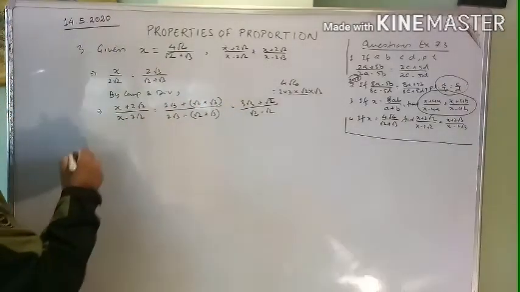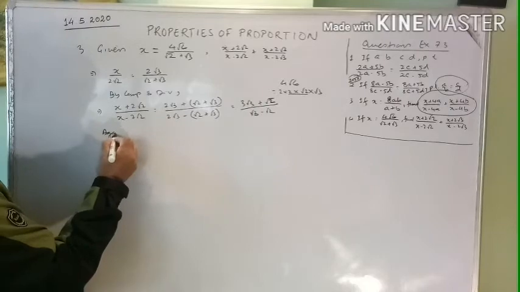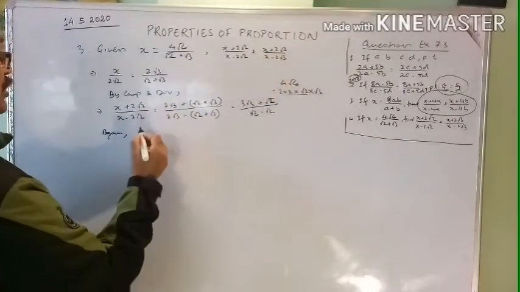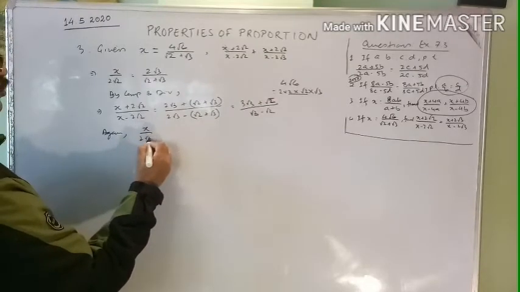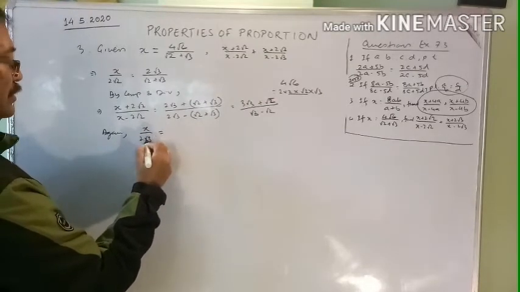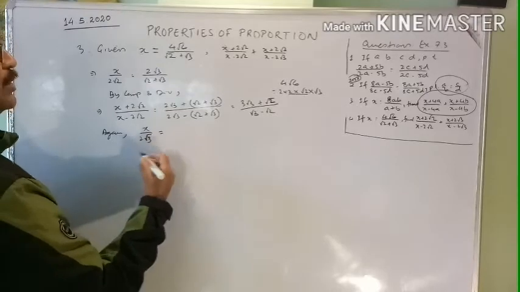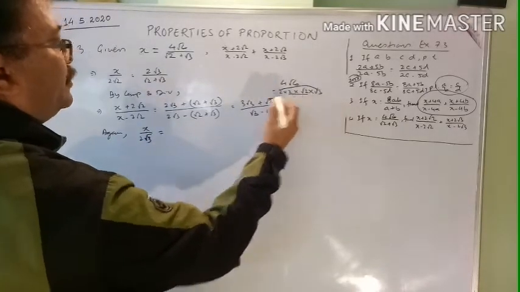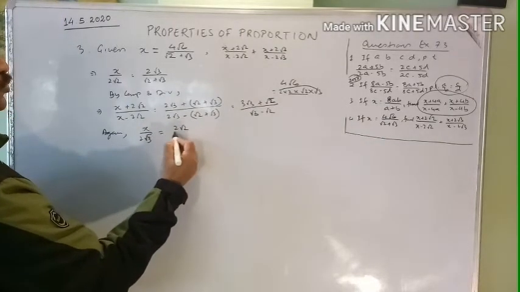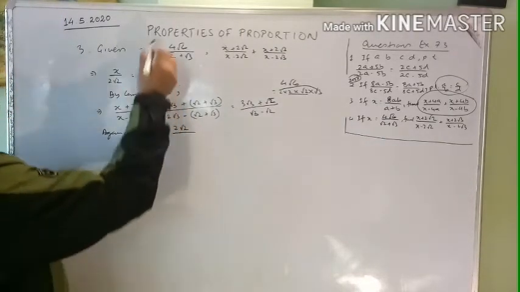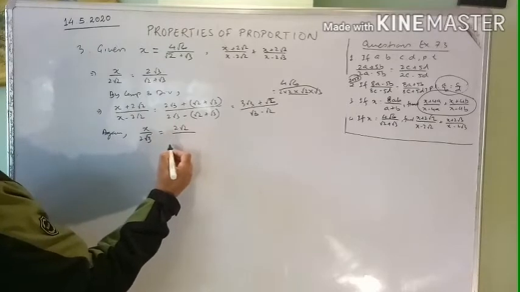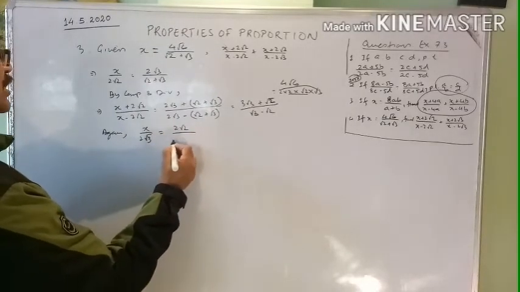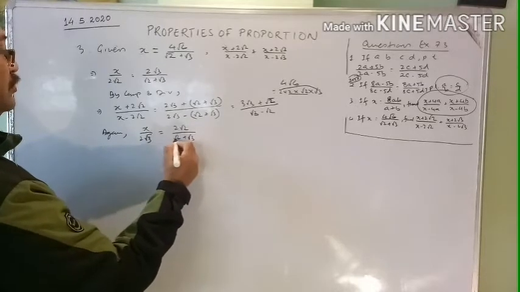Now again, to find this one, we need 2 root 3 down here. So x by 2 root 3, right? You write x by 2 root 3. So when you take 2 and root 3, what is left? 2 root 2 will be left. So 2 twos are 4, root 3 into 2 will be root 6. So what you have down here, root 2 plus root 3.